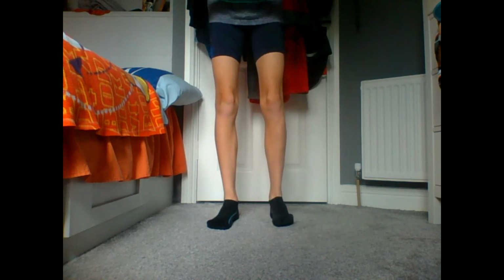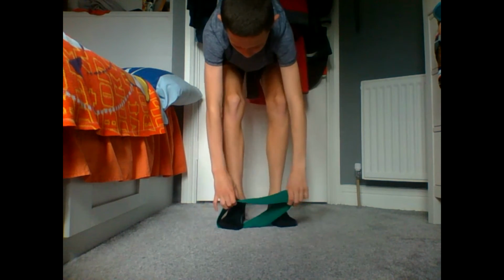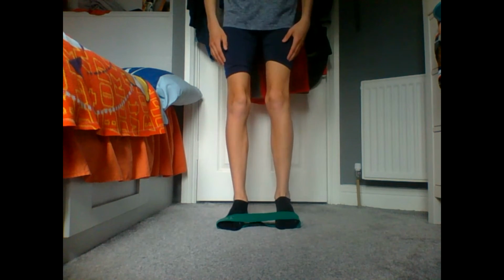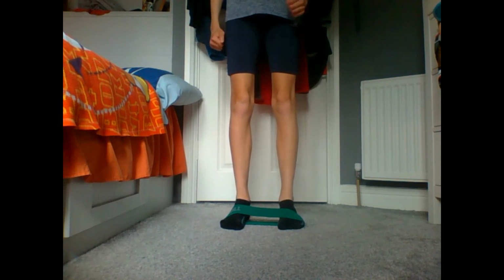So what you want to do is get your resistance band, put it on the ground and stand on it with your two feet, like so. Then, very bit off balance. So stand with your two feet in it, and then what you want to do is lift one up